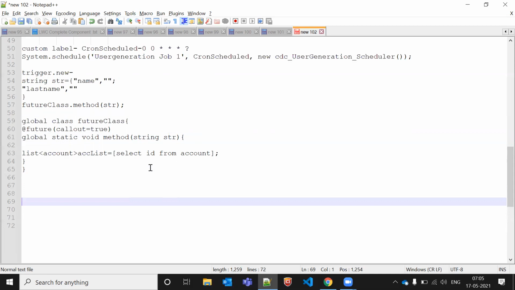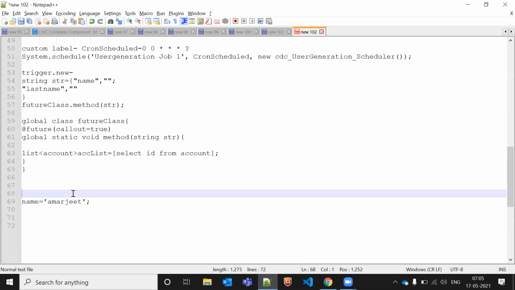Let's say something is processing in the asynchronous future method, and between that a user comes and changes the data. The future method was supposed to run when the name was Kumar, but someone changed it from Kumar to Amarjit.